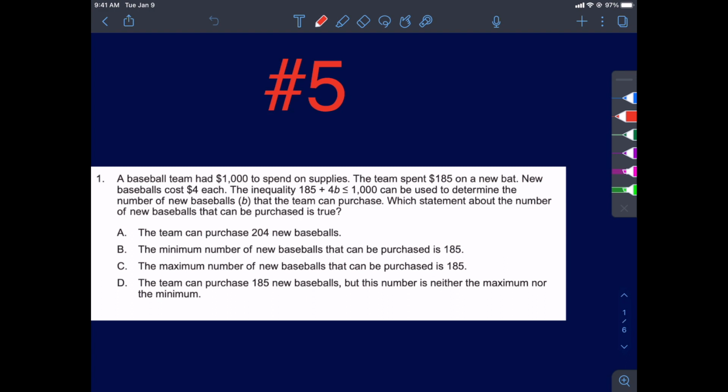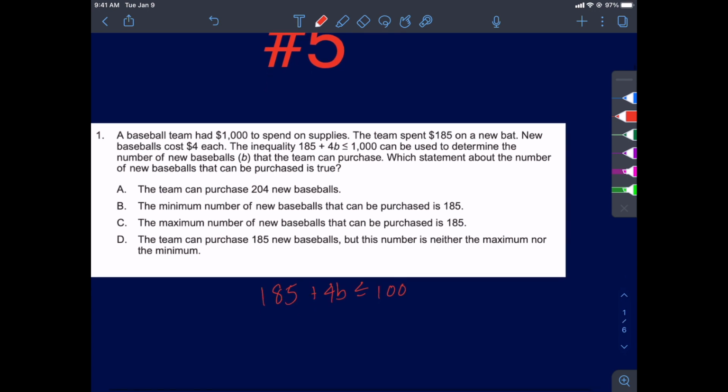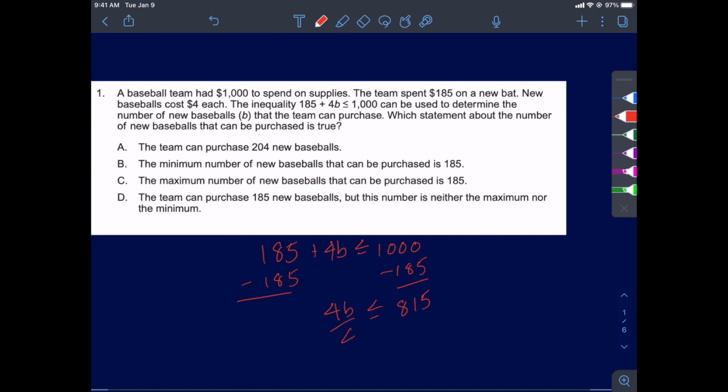Okay, so when I see this equation, 185 plus 4b is less than or equal to 1,000, and I'm starting to see statements about how many baseballs, so let's solve for b, baseballs. 1,000 minus 185, minus 185. So 4b is less than or equal to 815. Okay, so we divide both sides by 4, and we get b is less than or equal to